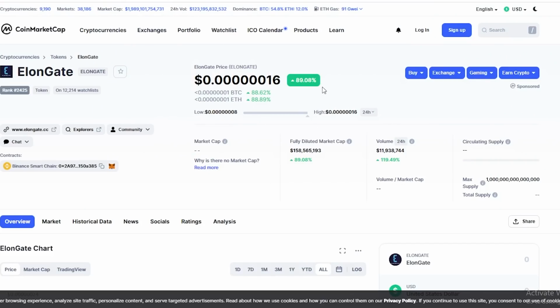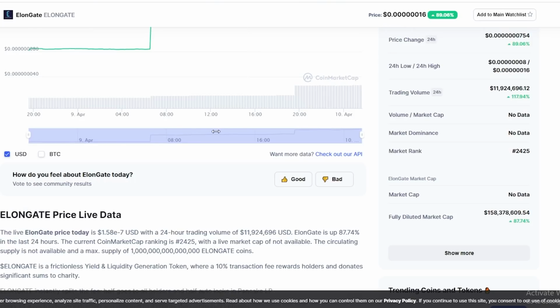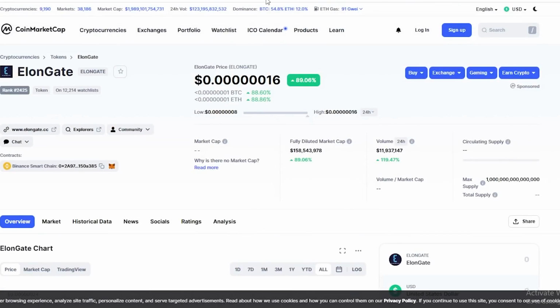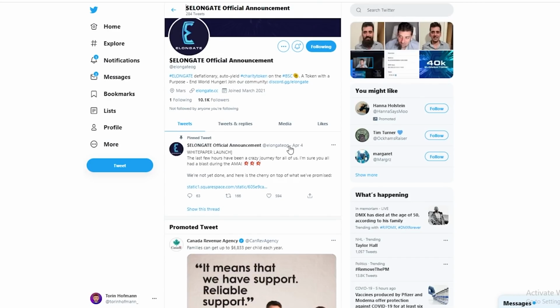So we can see here in the last 24 hours, we've gotten an 89% increase with a trading volume of almost 12 million. Now, obviously there's not a lot on this chart here because it is so new, almost only a day old. But pulling up their Twitter account here, we can see that they just crossed 10,000 followers.